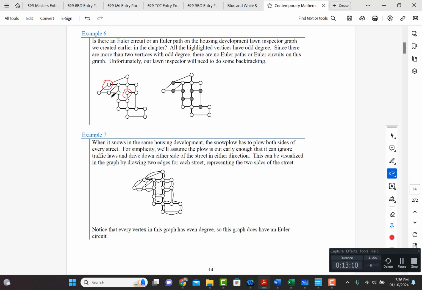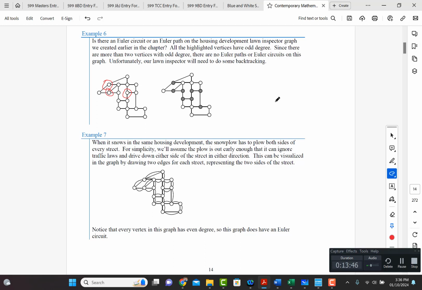What else? Here's another one. So look at that. So this does not contain exactly 2, right? Obviously, all the highlighted ones have an odd degree. And since there are more than 2 vertices with odd degree, there are no Euler paths